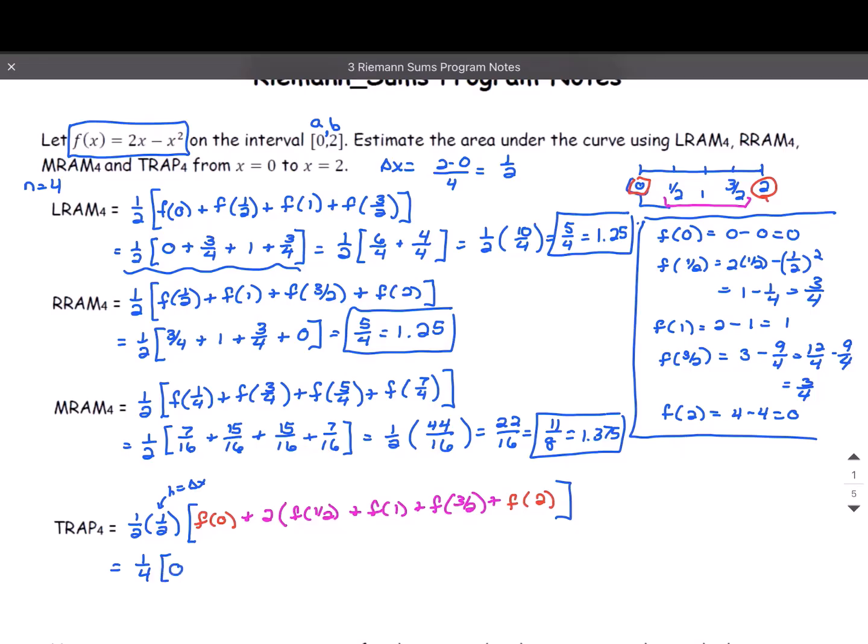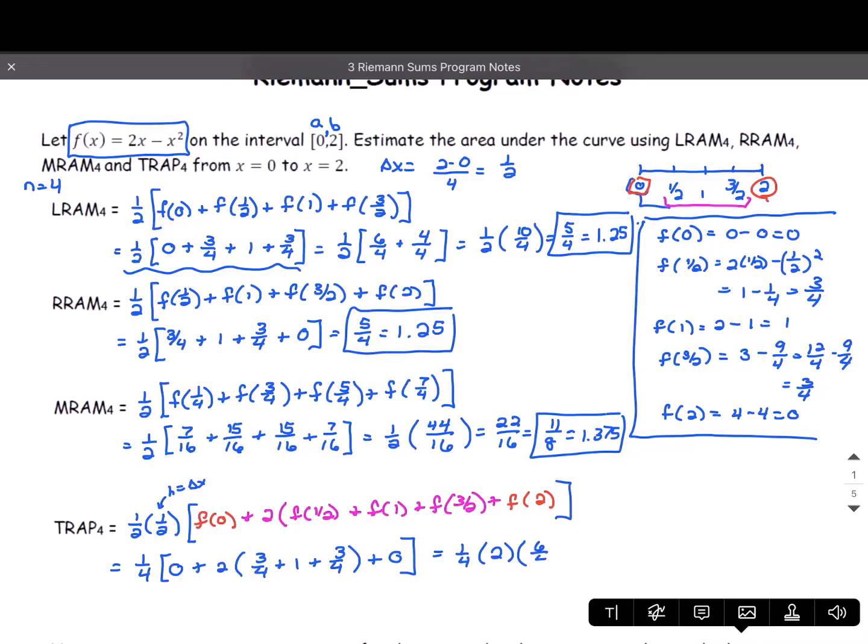f of 0 was 0, plus 2 times f of 1/2 was 3/4, f of 1 was 1, f of 3/2 was 3/4, plus f of 2 is 0. So we are looking at here again a 1/4 times 2 times 3/4, and 3/4 is 6/4 plus 1, which is 4/4. So we have 1/2 times 10/4, which is 5/4, which is the 1.25 yet again,